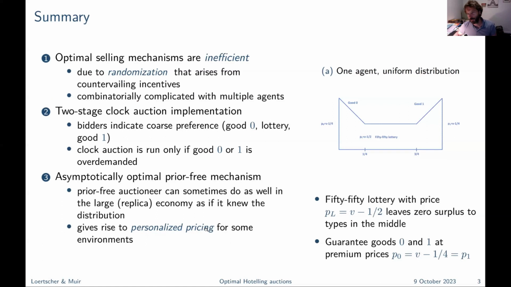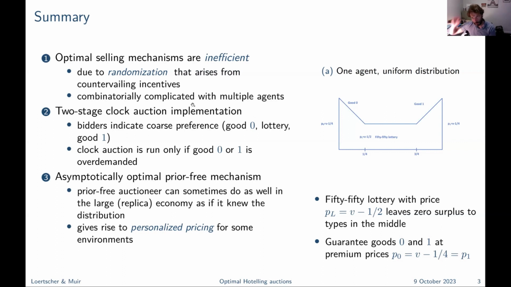And to give you a high-level summary, there's maybe too many things that I want to get across at the same time, but the right-hand column contains a simple case with a single agent and uniformly distributed types, and the left-hand column gives you a summary of some of the key findings. So